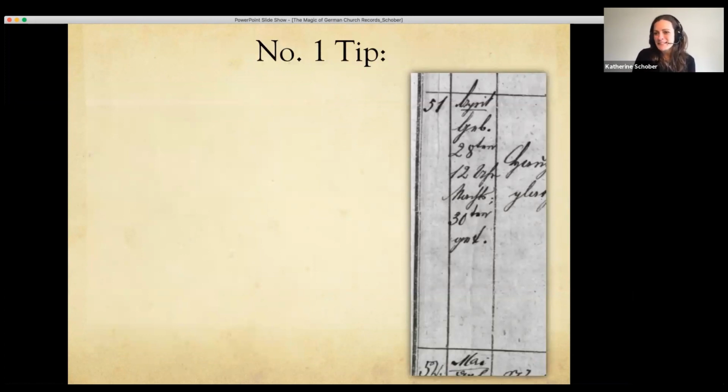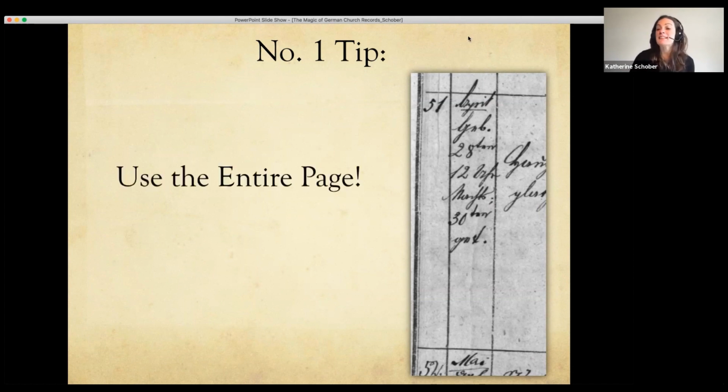Getting into the presentation itself, I wanted to start off with my number one tip for deciphering church records. So pay close attention. My number one tip is to use the entire page. I have so many clients who will crop out their ancestor's record and just send me that little snippet of the church record page. But I'll always write back and say, thank you, but could you please send me the entire page that the